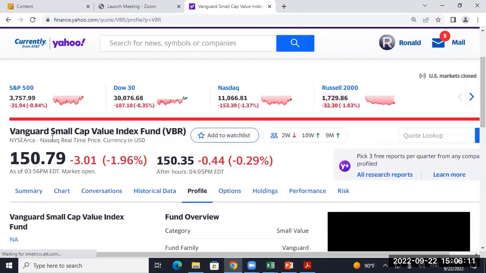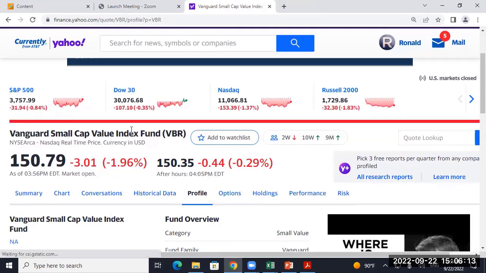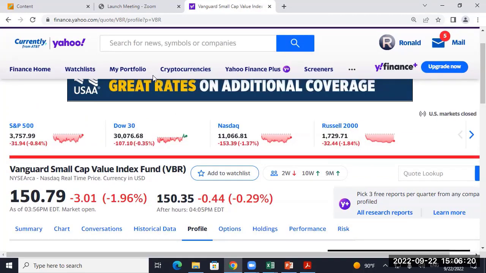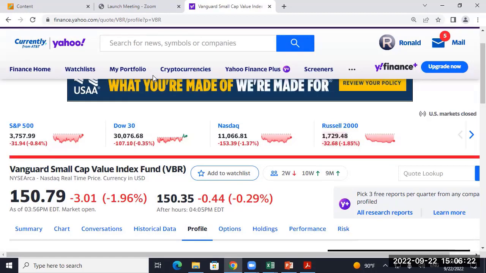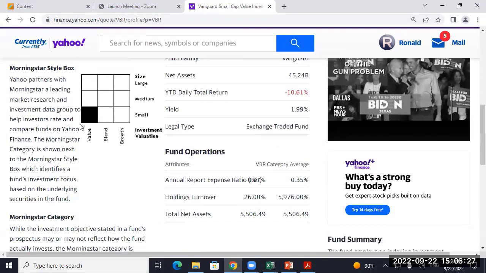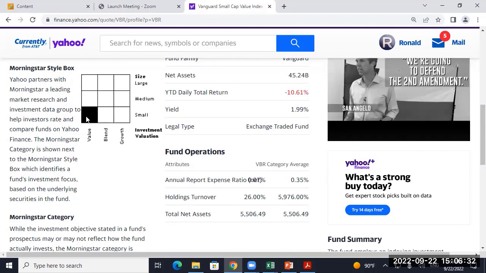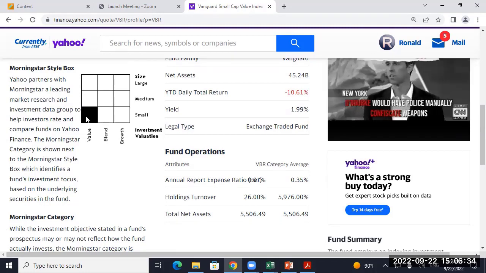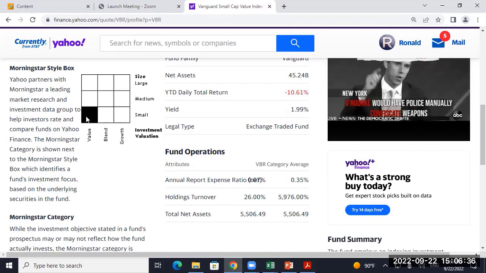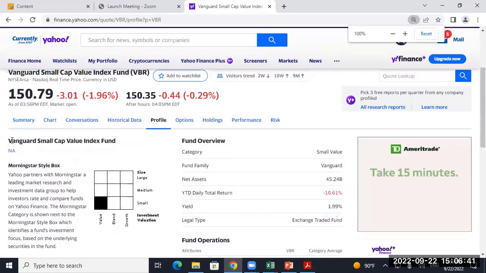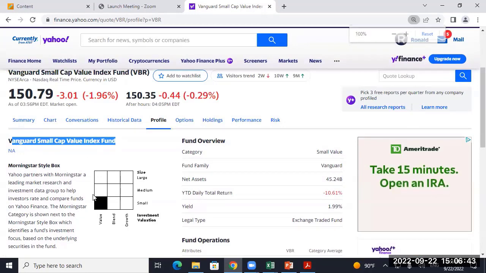So here's a Vanguard Small Cap Value Index Fund. What do you think it's going to show up on the box? Bottom left, top right, where is it going to be? You hope bottom left. Let's see. Yep, sure enough. And it's an index fund, so their R squared is probably 99.9999999. If not, then there's some problem with this fund. So yeah, it's in the title. If you want to do small cap value, there it is right there.